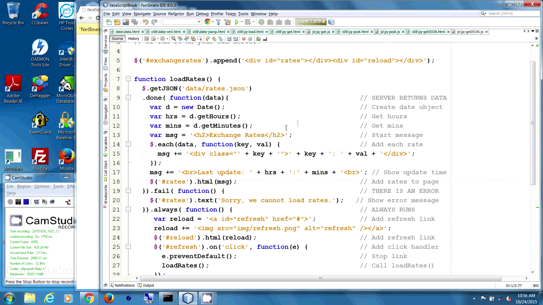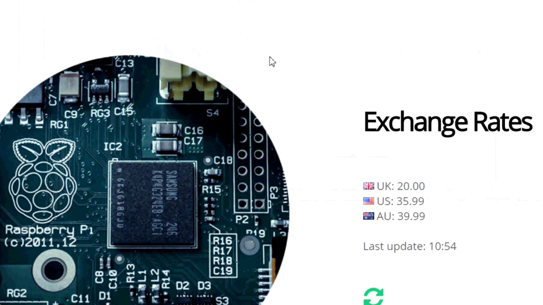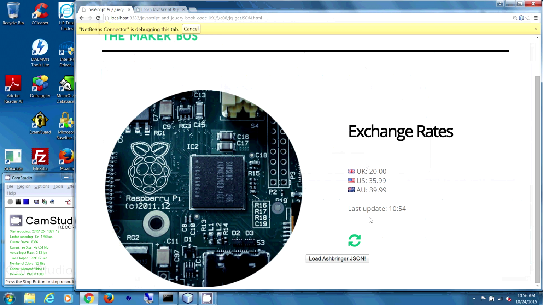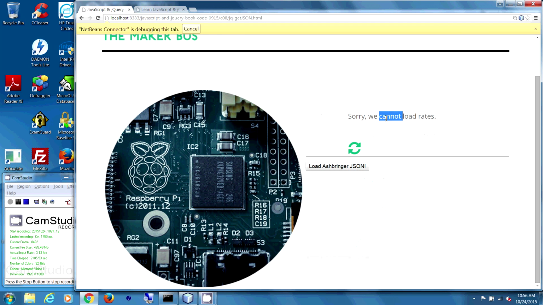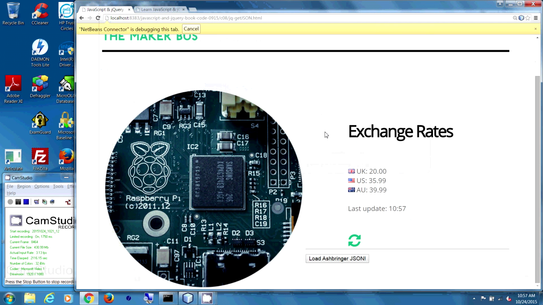So now let's get this fail message. All right, so get data rates.json. Let's say for some reason I put a Z in there. Now when I refresh the page, or I look at this button, refresh the page: sorry, we cannot load rates. Why? Because it failed, because it couldn't find this file, or couldn't connect to that server. So reload,